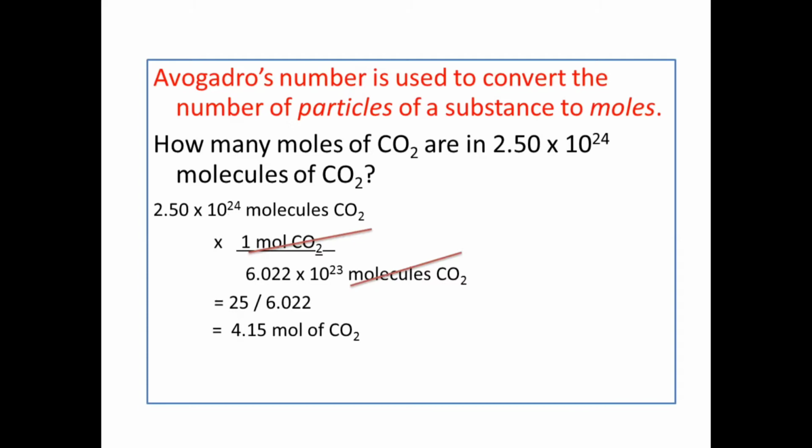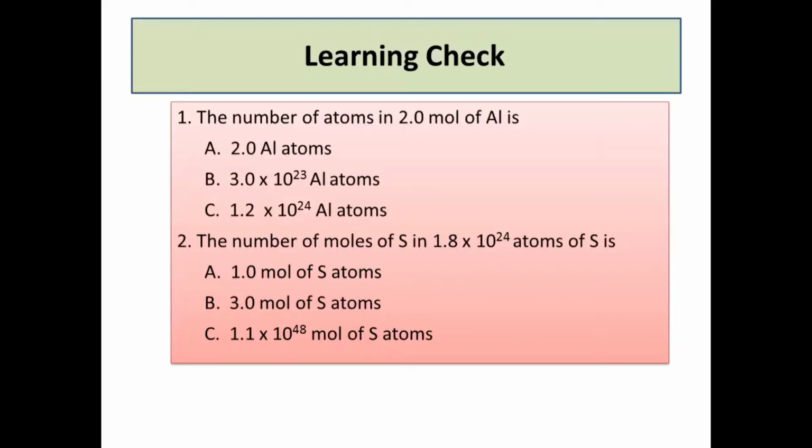So we can calculate the number of moles using the Avogadro's number. Here you can see we have used the Avogadro's number to convert the number of particles of a substance to the moles. So the number of particles of any substance can be converted to the moles. We should have that number to convert the substance to the moles. You can solve some more examples depending on that mole concept or Avogadro's number.